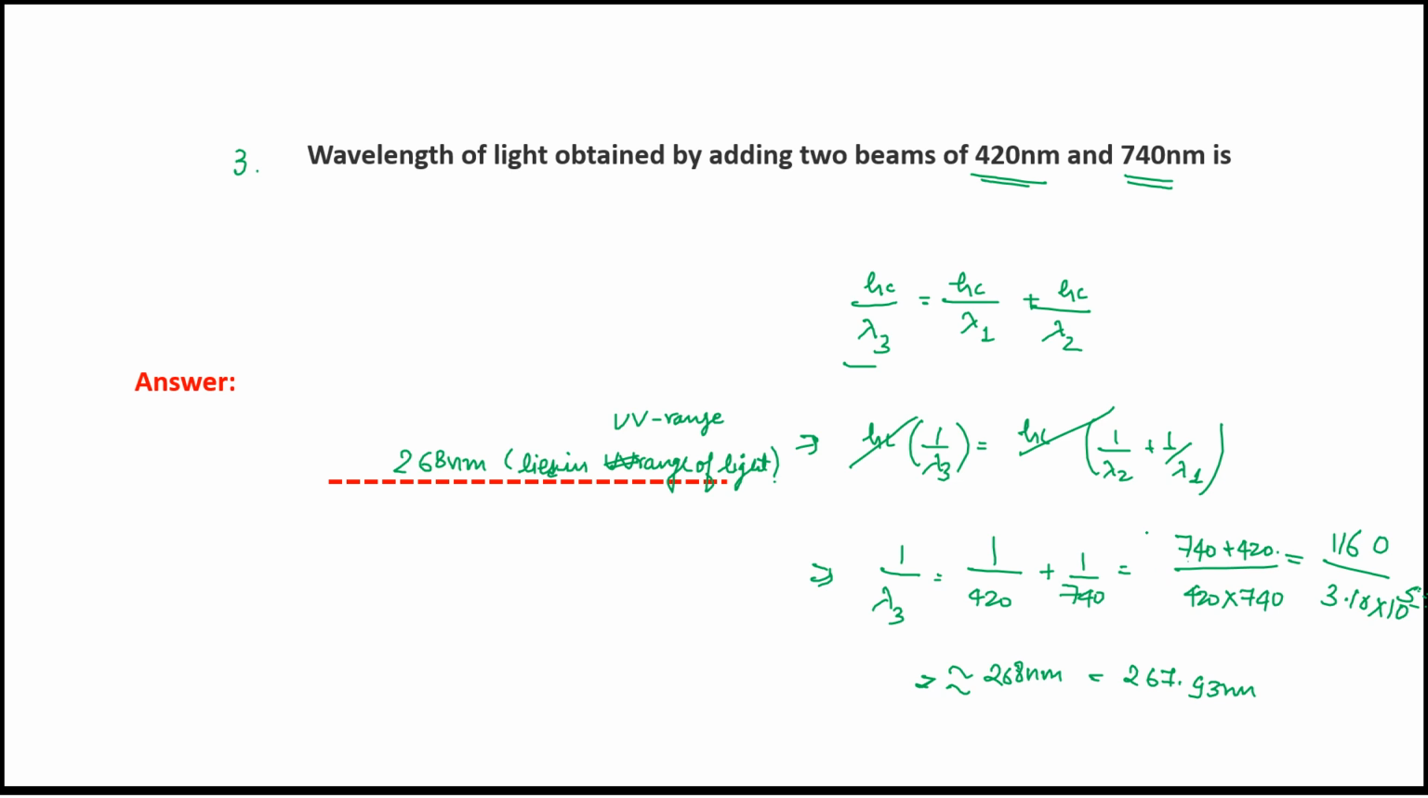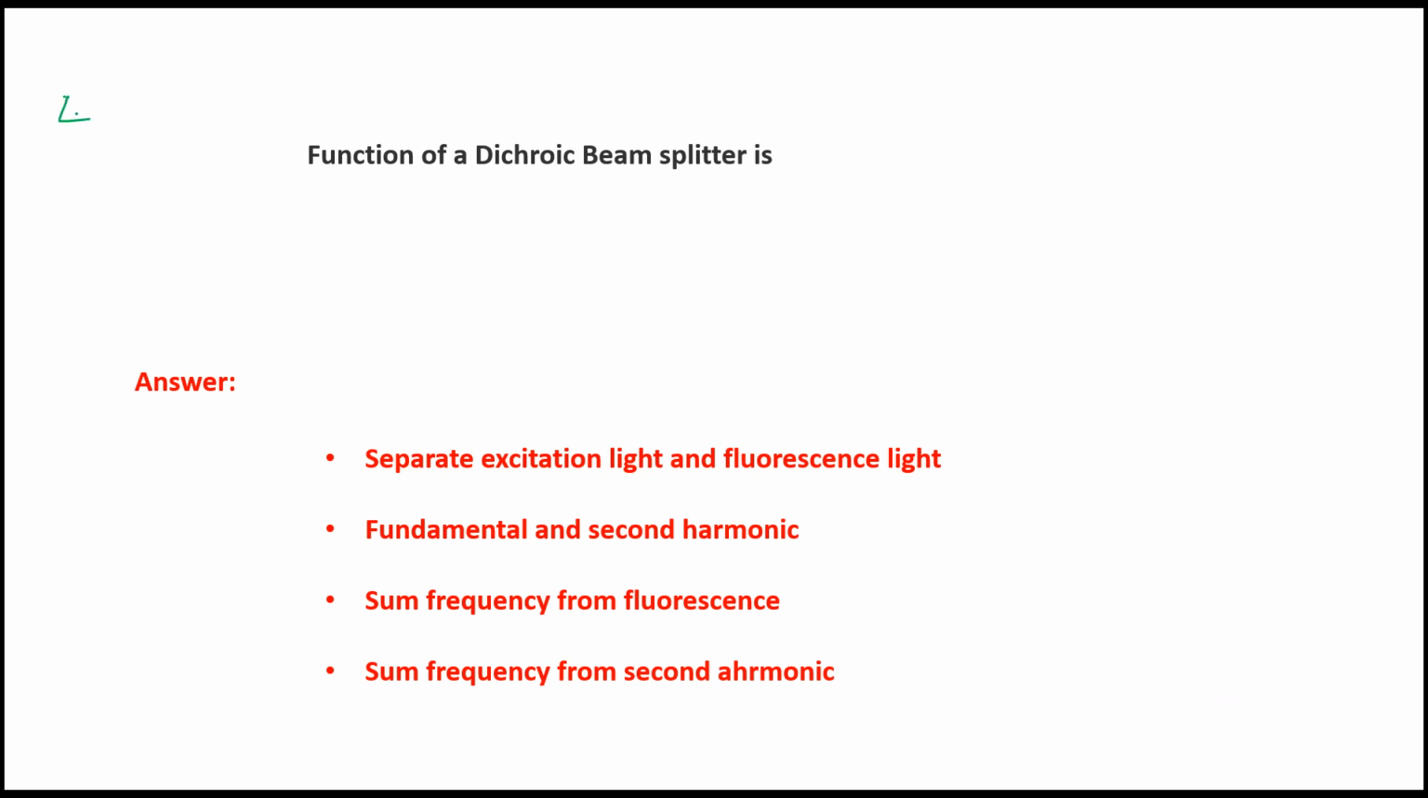Okay. Now we'll go on to the next question, that is question number 4. The function of the dichroic beam splitter is. Okay, so what is the function of a dichroic beam splitter? A dichroic beam splitter is used to split two beams. Okay. Split two beams means